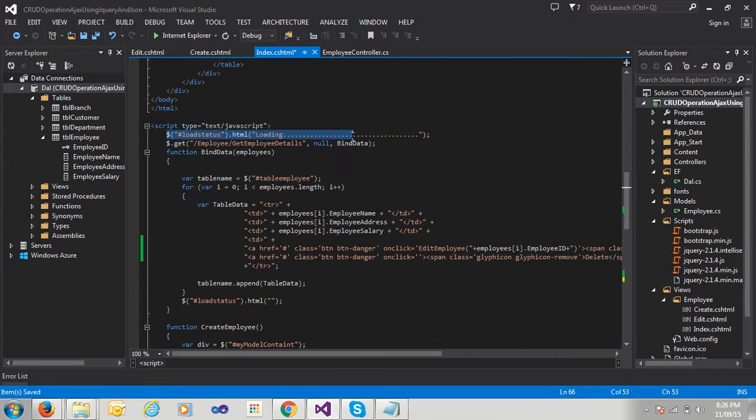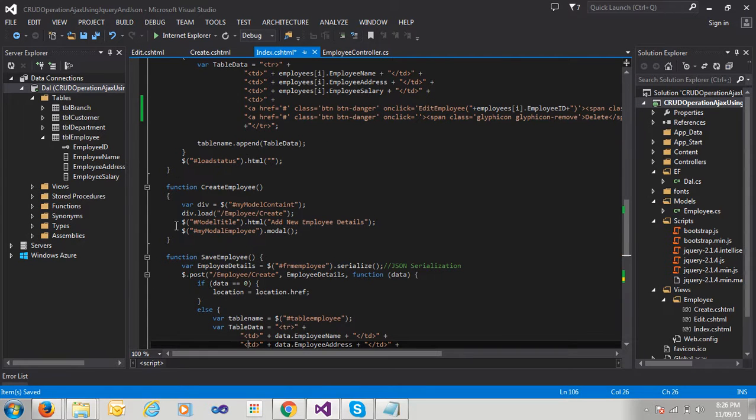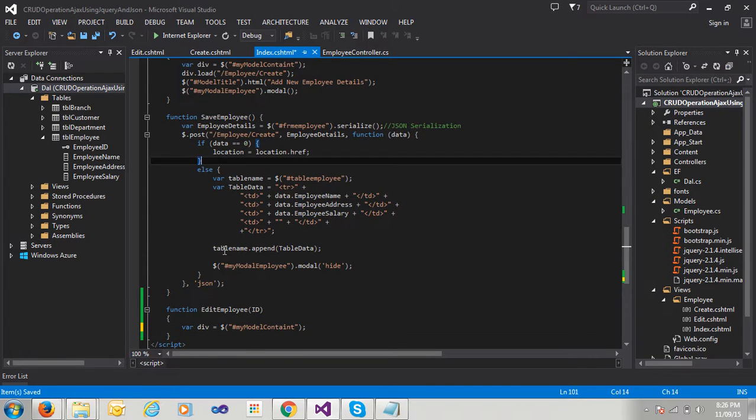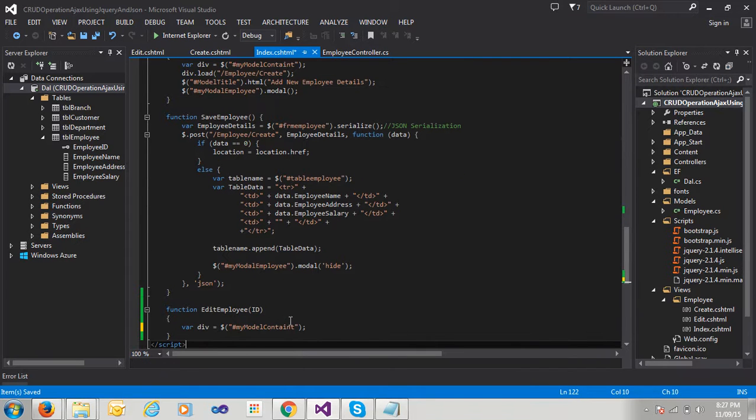now I'm using loading status, not a loading status actually. Here you can see I need to load you can use a model title here. Just copy and paste here, and I need to change the title, update employee details. Just save. After that